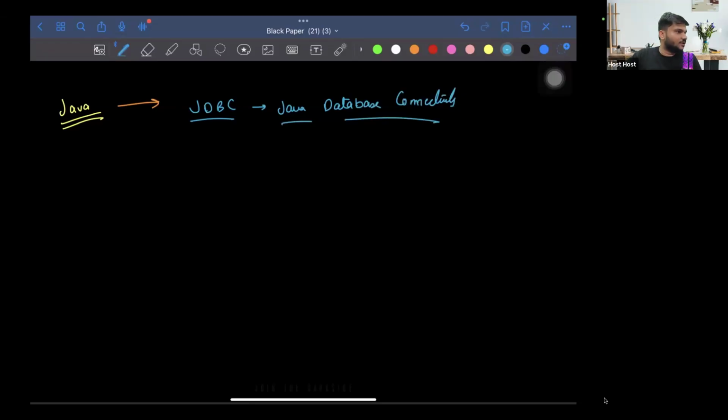Java Database Connectivity. Now, what did JDBC actually support? JDBC was kind of like a low-level set of APIs or functions using which you can directly interact with databases. It helps in direct DB interaction. Okay. We can directly